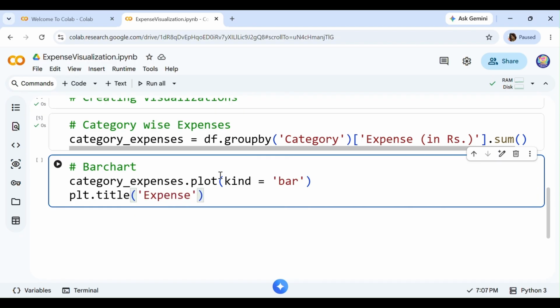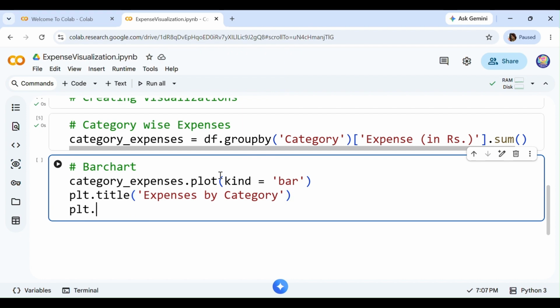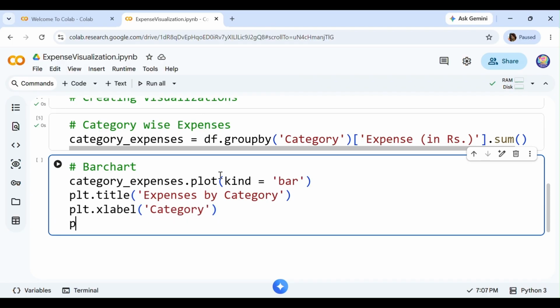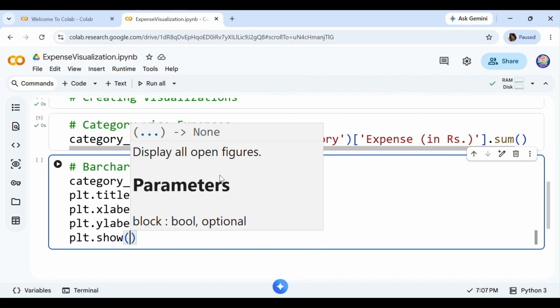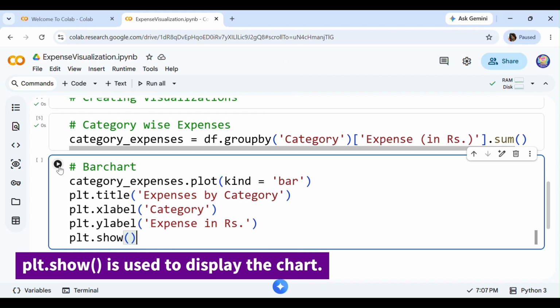We will type the title as expenses by category. Then we will add the X label as category and Y label as expense in rupees, and in the end we will call the show function. Let's run the cell,